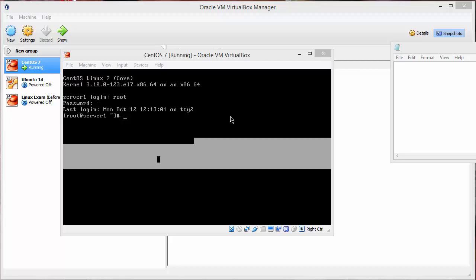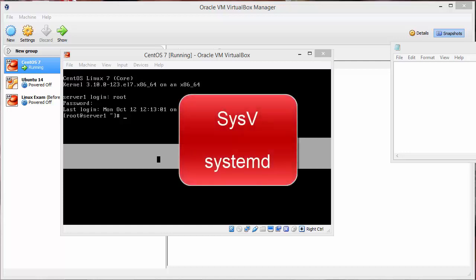Project 8-2 covers starting up of services for a Linux system. There are two main startup routines in Linux, System 5 and System D. System 5 is going out of style. System D has recently, in the last year to 2 years, become popular and has been released with all the